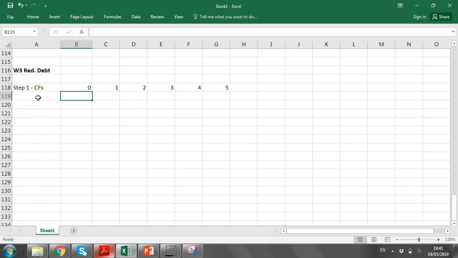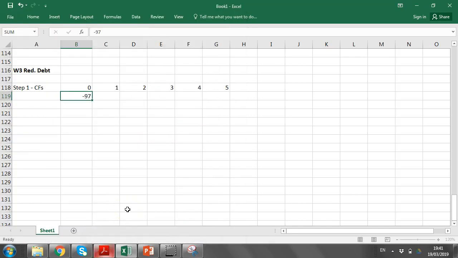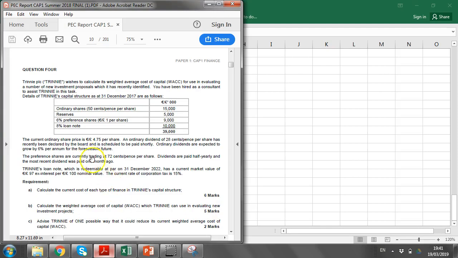Cash flows will be, the current price is trading at 97. So I always put this as a minus. I put the first cash flow as minus and the rest of them positive. You can do it the opposite and you may see that in certain solutions. That's fine, but it slightly changes how you use your IRR formula, which will confuse students compared to what we've done in Investment Appraisal. So my advice is leave the first one negative, and then each year the cash flows will be,